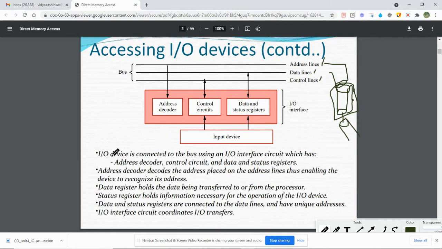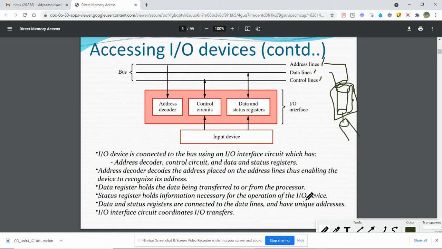The data register holds the data being transferred to or from the processor. So here we have data in the status register. This data line or data bus is going to hold the data which is to be transferred to or from the processor. The status register holds the information necessary for the operations of the IO device.